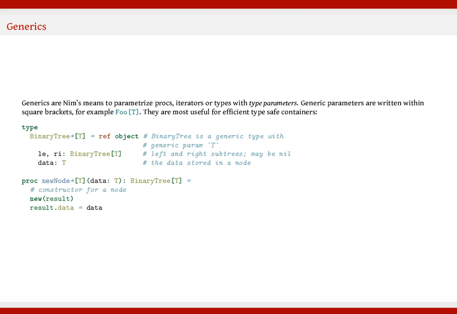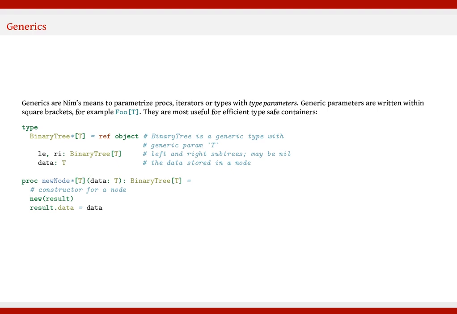Generics. Generics are Nim's means to parameterize procs, iterators or types with type parameters. Generic parameters are written within square brackets, for example Foo[T]. They are most useful for efficient type-safe containers. type BinaryTree*[T] = ref object # BinaryTree is a generic type with generic param T